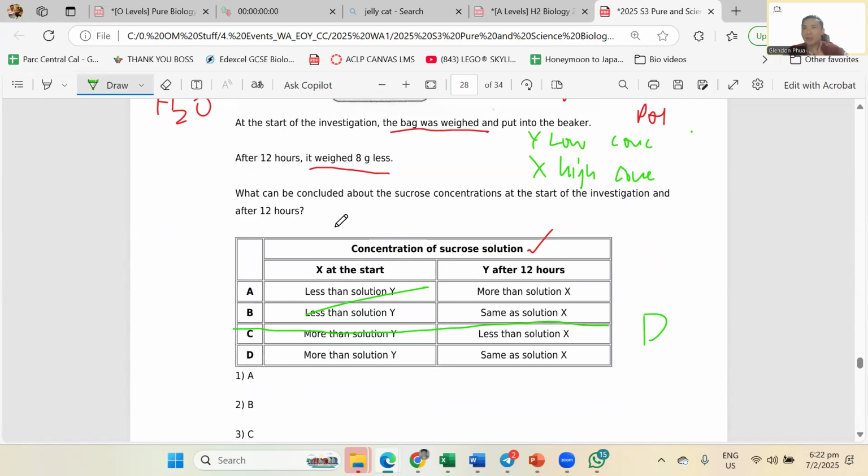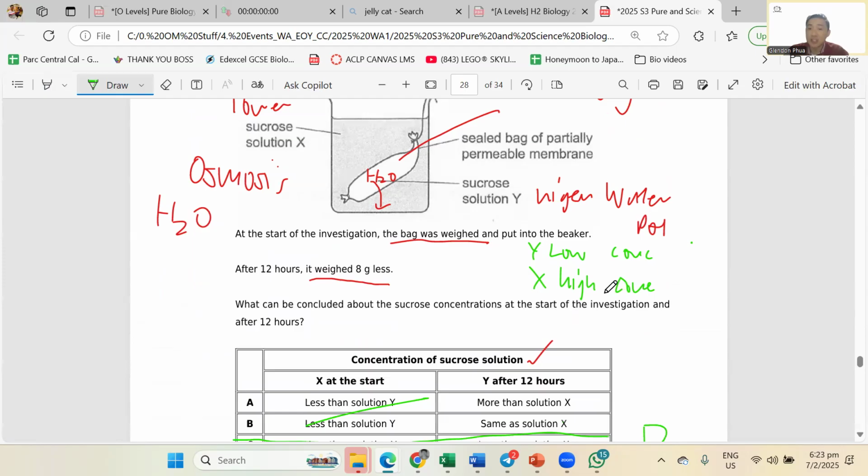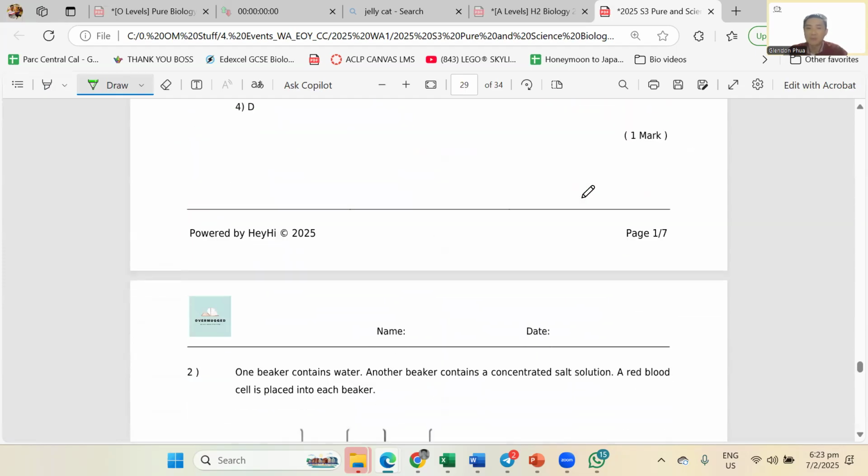So you see the three-step process. I identify first, osmosis, diffusion, or active transport question. Once I identify it, I try to understand what are the different regions. Which one higher, which one lower. Okay. Third step, I draw the arrow. Once you do all three of these, the question becomes very straightforward. But for osmosis question, take note, are they asking you in terms of the concentration or the water potential?